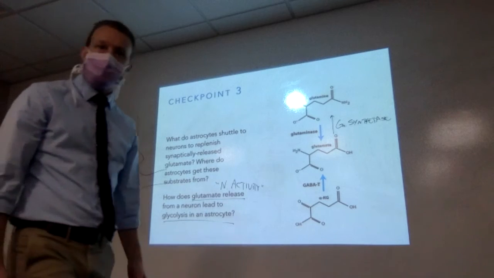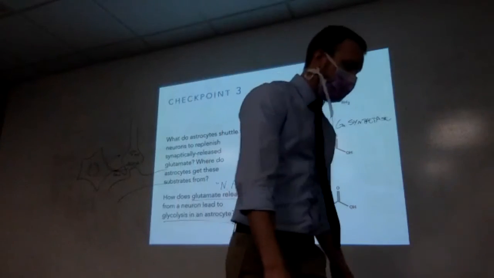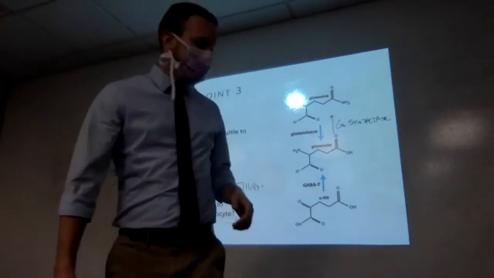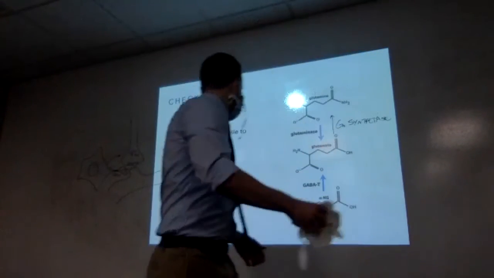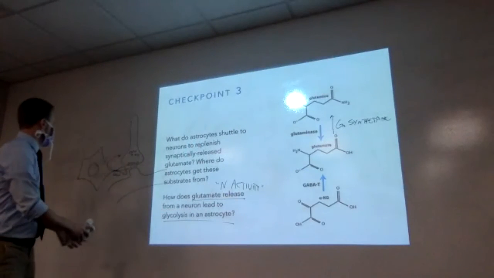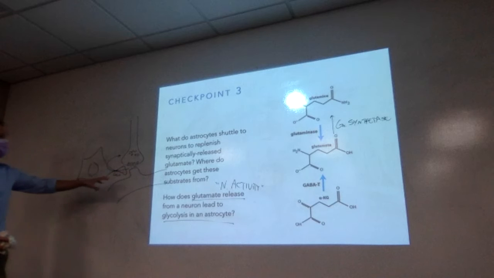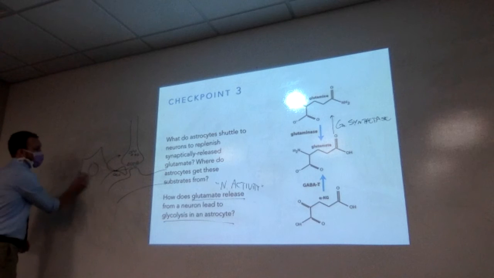I write down that if you increase glutamate, you'll decrease ATP, so then you need to go through glycolysis to increase ATP. Yeah, that's a great basic answer to it. So how does the glutamate release cause a decrease in ATP, let's say, over here in the astrocytes? What are they spending ATP on?